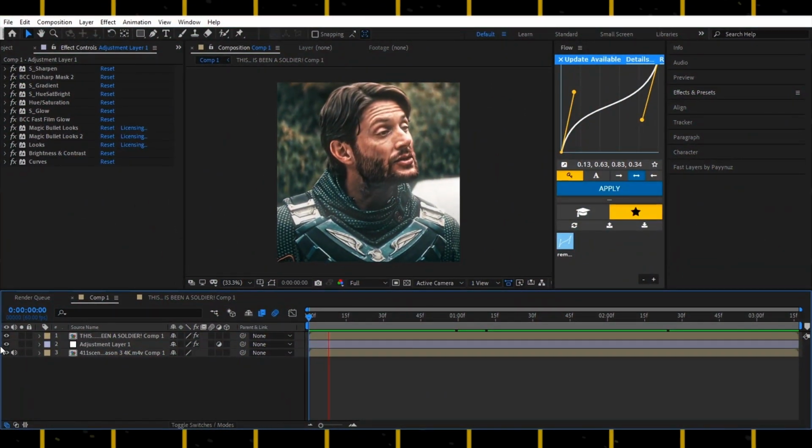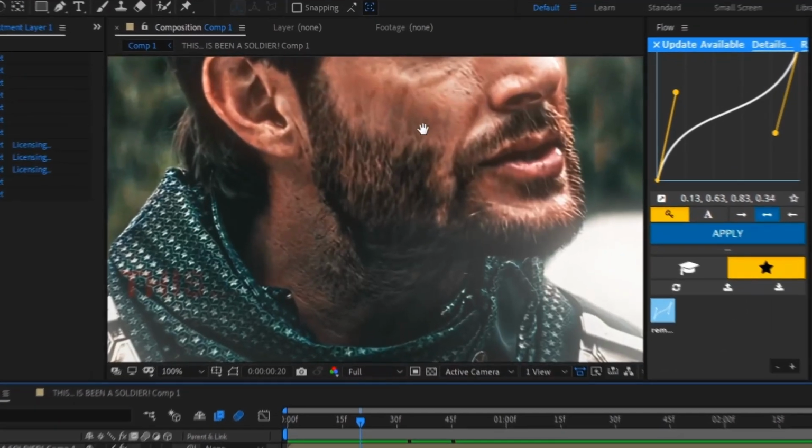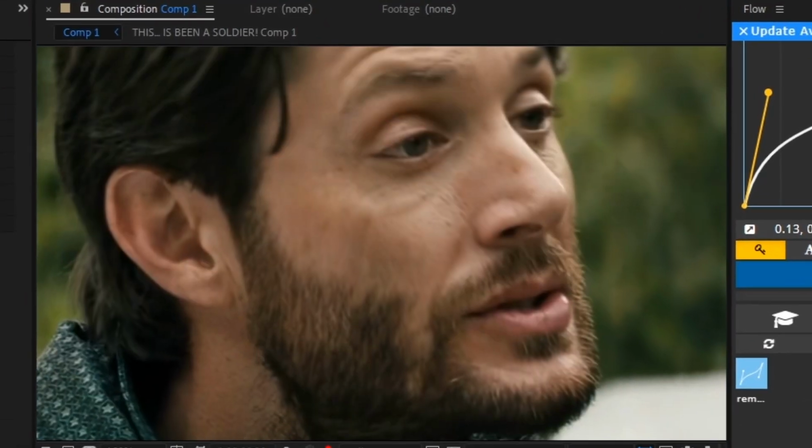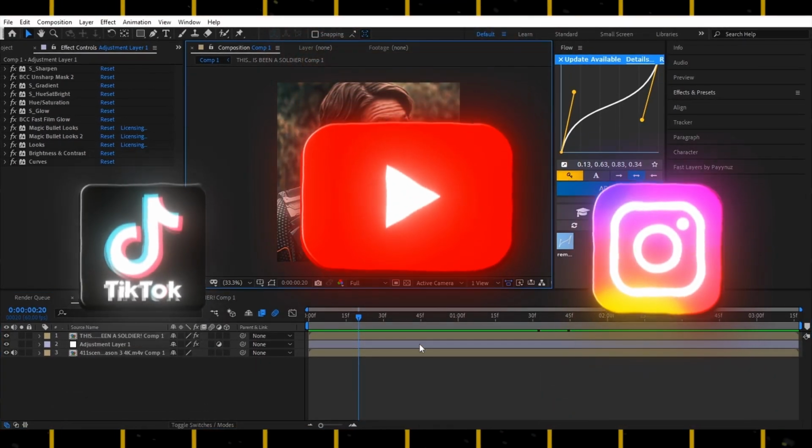Now the most important step is that you have to add your best color correction. As you can see, adding a good color correction can increase your quality to go viral on any social media